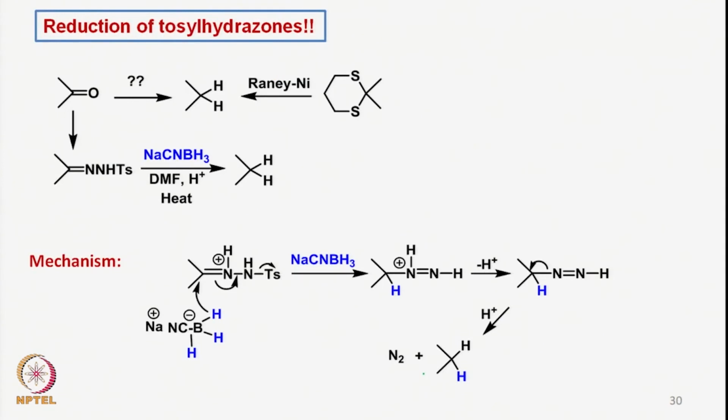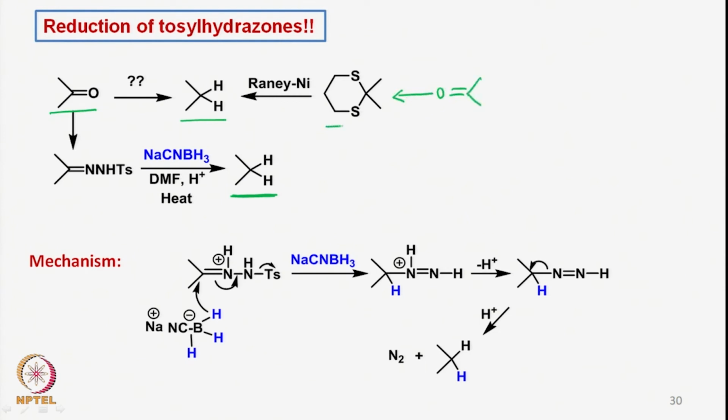It is an interesting way of converting a carbonyl group to the saturated sort of molecule like this hydrocarbon here. What are the ways by which such a reduction can be done? That means if we have a carbonyl group, of course we can carry out Wolff-Kishner reduction, and then we have another possibility that we protect the carbonyl group here as a dithioketal